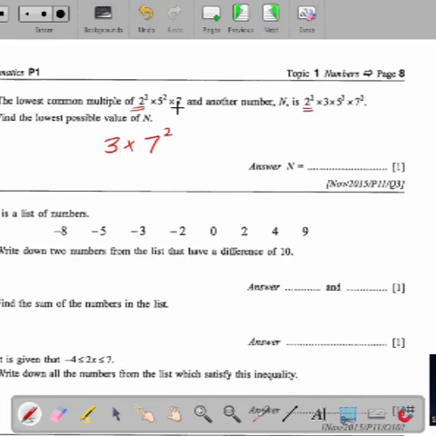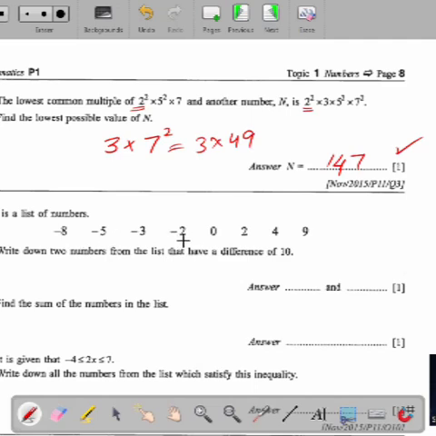Because if only 7 is present in this n, then the LCM will be only 7 power 1 over there. So it's better to take it in this form. So it is 3 multiply 49. 3 9 times 27, 2 carry, 3 4 times 12, and 147 is the smallest value to make it the lowest common multiple in that case. Okay, after that, he is going towards the next question where he is saying here is a list of numbers